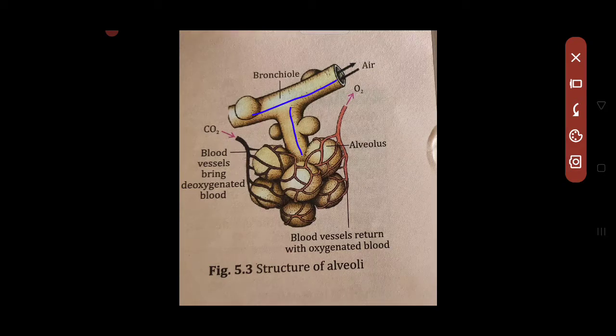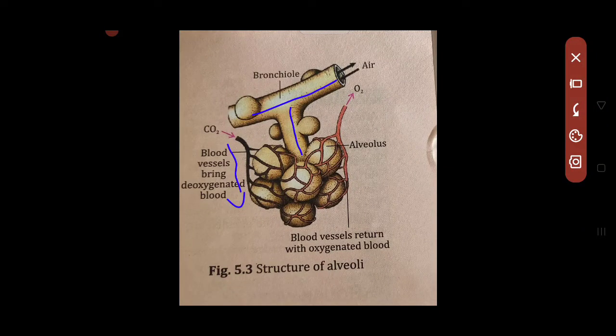Okay, so the air we take in is mostly rich in oxygen. And your alveoli are surrounded by blood capillaries. You know the function of blood capillaries, right? They help in the diffusion of the gases. And the structure of the alveoli is such that it's also a single-cell-thick structure, because of which the diffusion of gases can take place. The blood capillaries surrounding the alveoli are rich in deoxygenated blood, and the tube coming out of the bronchiole connecting to the alveoli is rich in oxygen. So diffusion of the gases takes place.